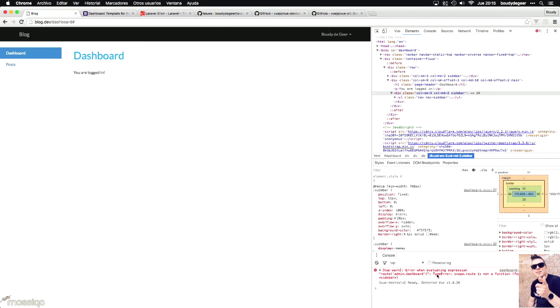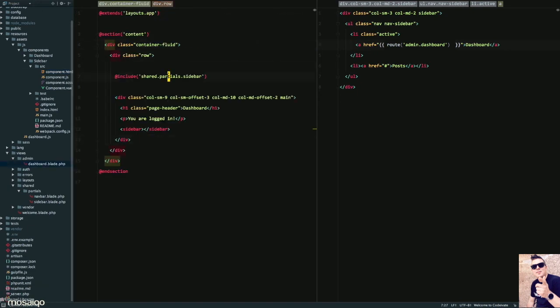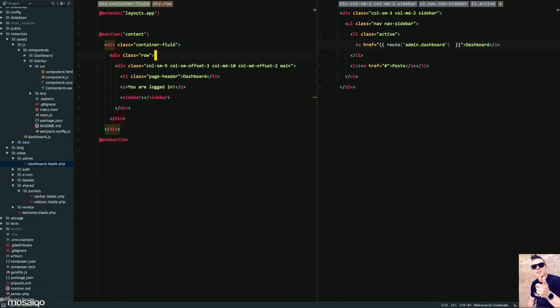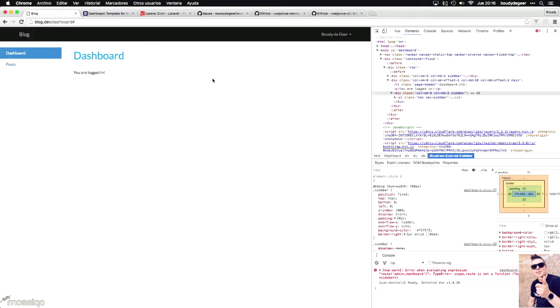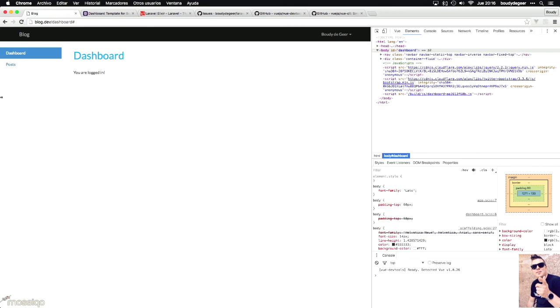Yeah, you can see it's not working. Okay, anyway, we can just remove it and hard code the dashboard for the time being. Okay, and in our dashboard itself we could just remove the whole sidebar here, and if I update now, you see it's still working,